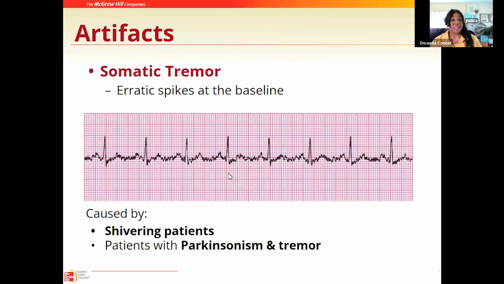Starting with our artifacts, this represents what you might see with someone who has a somatic tremor. Now, with a somatic tremor, it's defined by erratic spikes at the baseline, and that's exactly what you see here. Also, when you think about a somatic tremor, you might find it helpful to think of someone who may be shaking. Here we have shivering patients or patients that have Parkinson's, or maybe that do suffer from tremors. Those tremors are going to cause an artifact in the reading where you will see where the patient is shaking